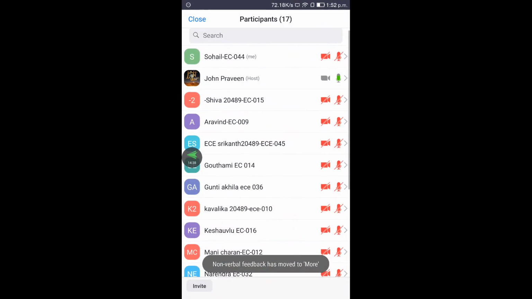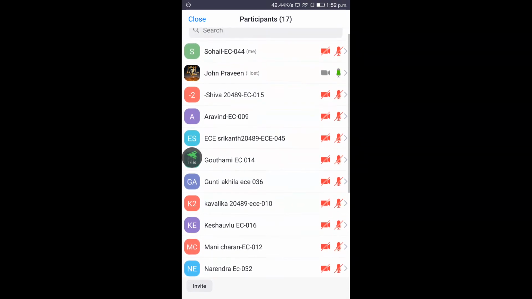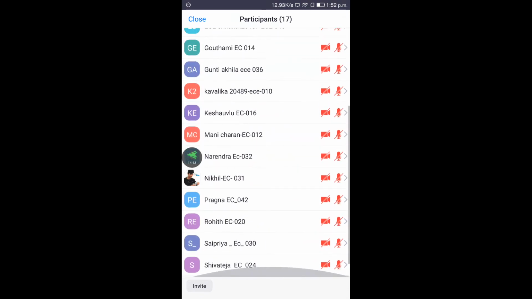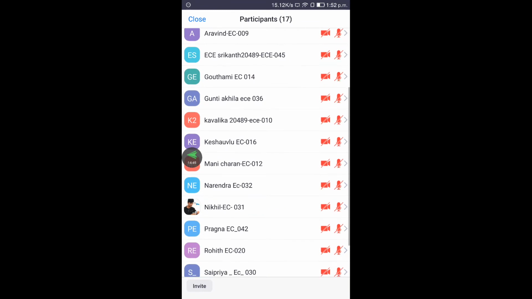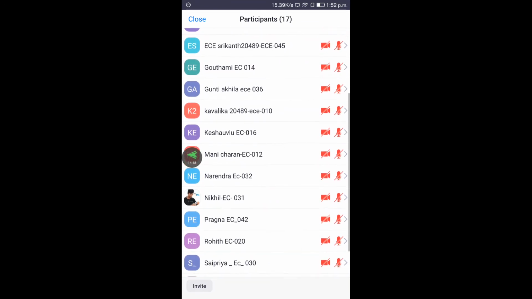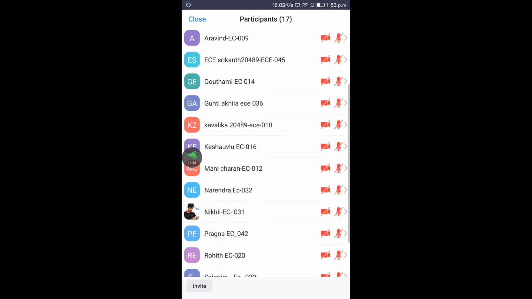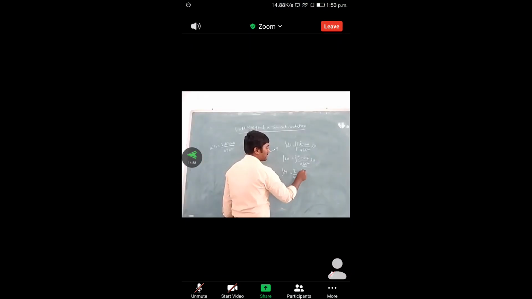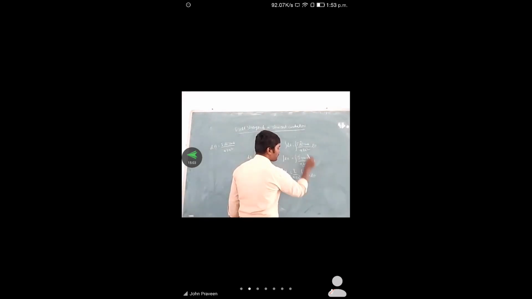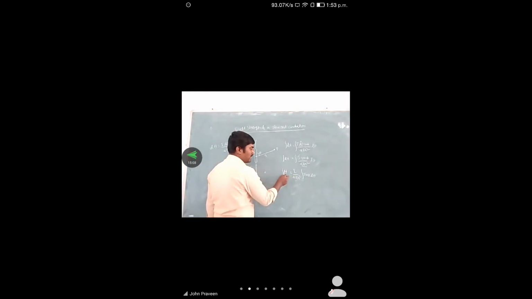This is dt. Then dH: 1 into dH, so 1 into nothing is there, then we are considering it as 1. So 4 pi r square, I sin theta. I is constant, 4 pi r square is constant. We are separating the constant: I by 4 pi r square, integral of sin theta d theta. Sin theta d theta, right? So if nothing is there, we are assuming it as integral of 1 into dh.